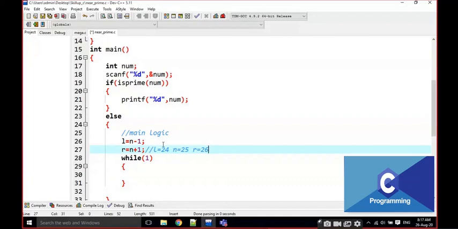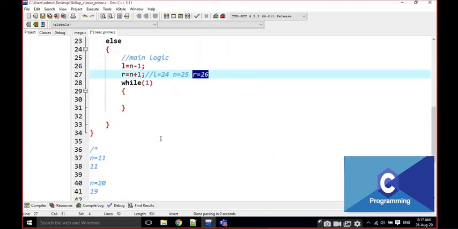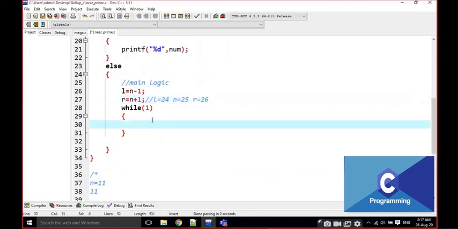I am going back here. Now I am going to check whether 24 is prime. If it is not prime, I am going back: 23, 22, 21, like that. Or is 26 prime? No, not at all. Then I am going in the forward direction. While true means it is going to be repeated every time.